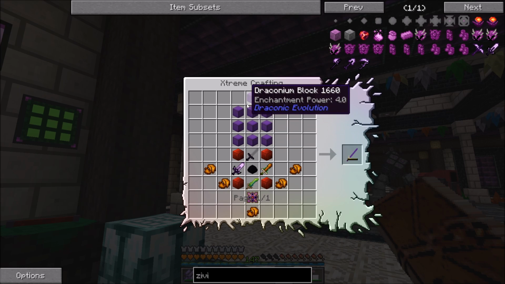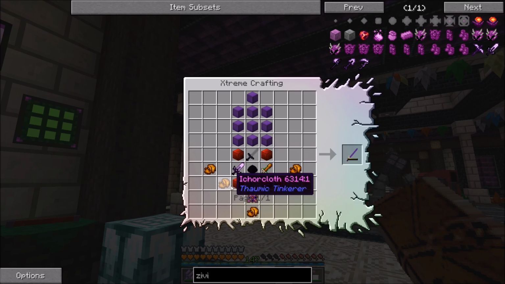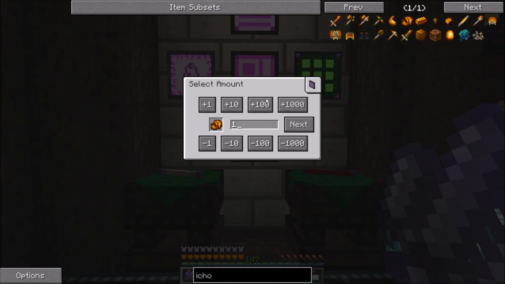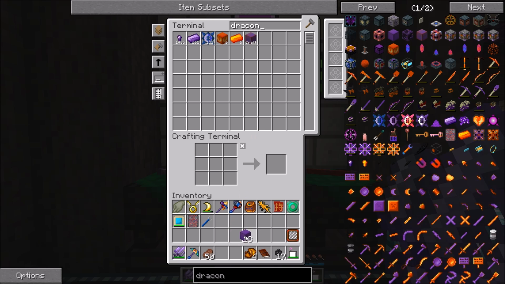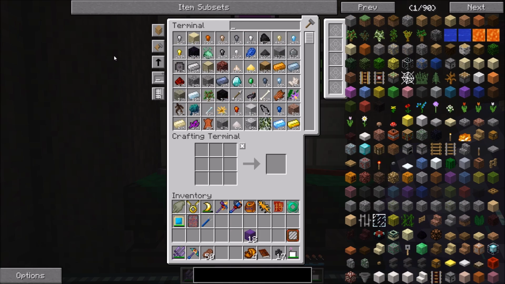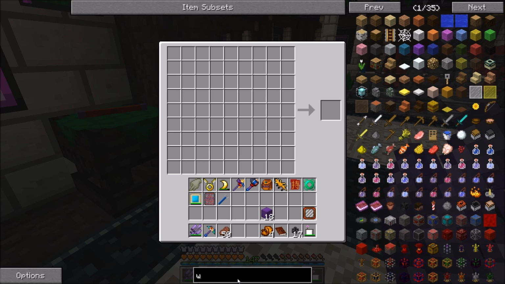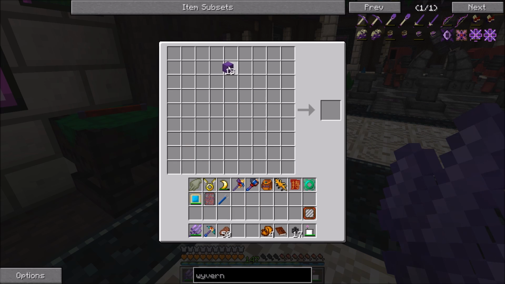So for this, which I'm running low on Draconium, actually. I'm actually starting to run low on Draconium. Okay, so we're going to need 5 ichor cloth. I'm going to have to order 1 more of these. Draconium, I have 18 blocks, which I can go out and farm. It's not a problem. I just don't like where I'm at currently on Draconium. Alright, so Sword of the Wyvern is...